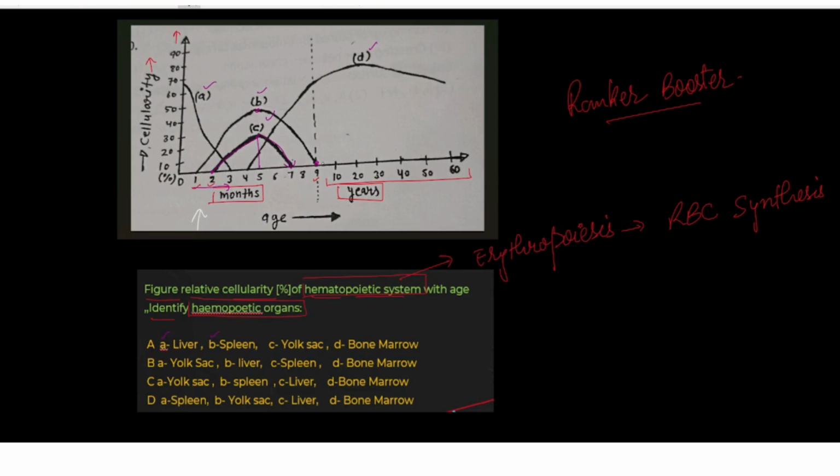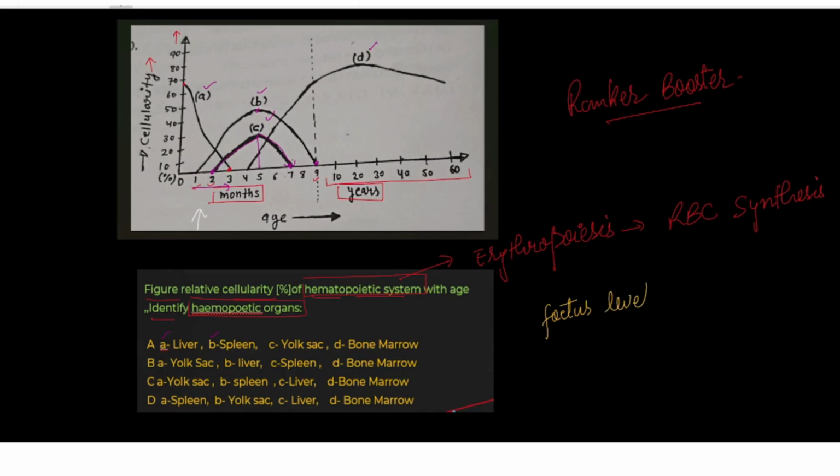So which organ gives the complete production of RBC at the B level, from the first month up to birth? Which organ is responsible for erythropoiesis from the 2nd month to the 7th month? And which organ is responsible for erythropoiesis from the initial stage till the 3rd month only? At the initial stage, we know, in the sense from the start of the fetus, when the fetus has started to grow.